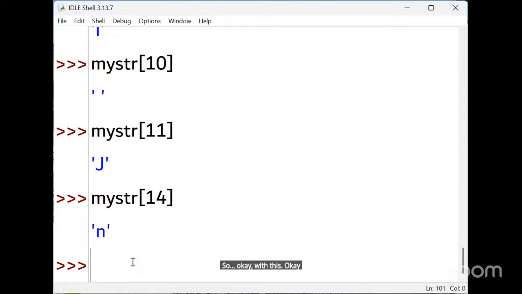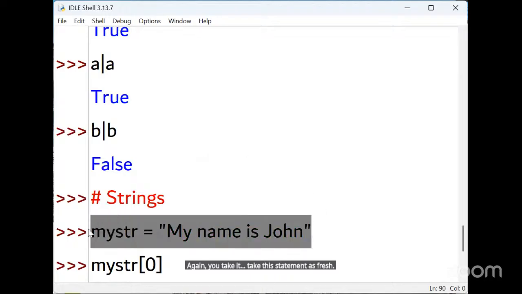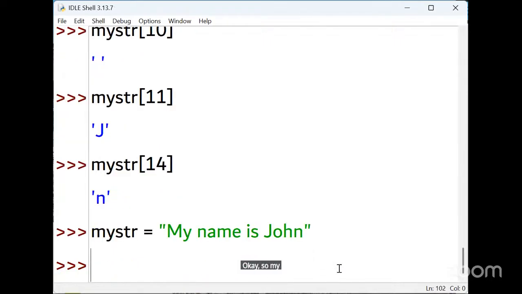Okay. See, again, you take this statement as fresh. My string, if I want to print the first position, I can give 0.